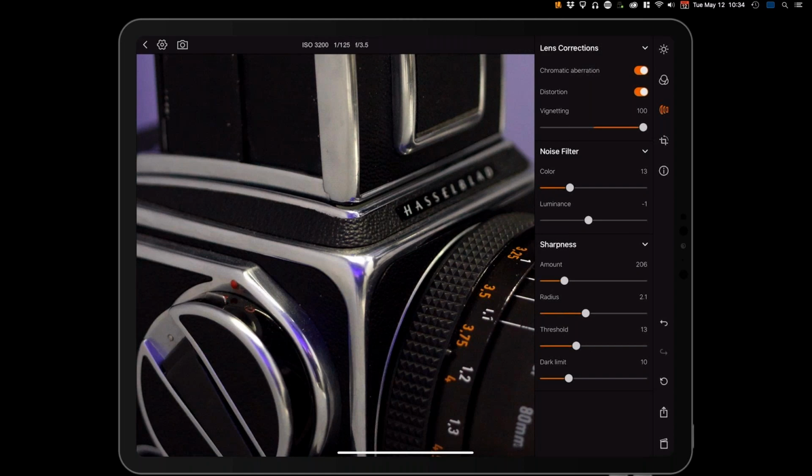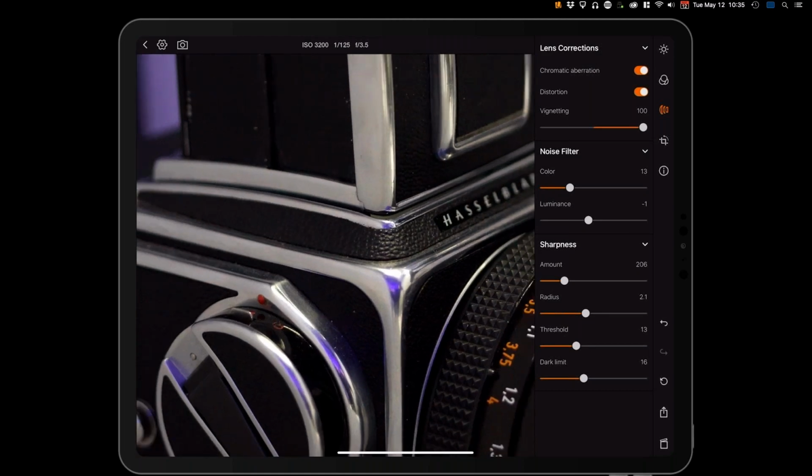If I were to apply global sharpening as a single pass, it would start introducing noise because I'm sharpening basically noisy data. But what I can do is adjust the dark limit so that it's applying less sharpening to darker areas of the image overall, so that I have a more optimal result without making it look too noisy.